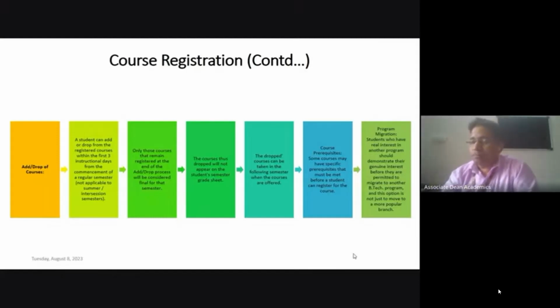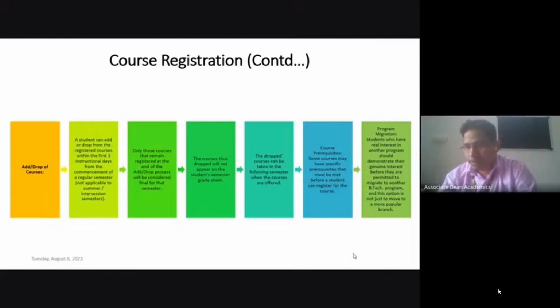Once your second semester result is declared, we will check your performance in those two additional courses which you studied along with your regular courses. 60% weightage will be given to those additional courses and 40% weightage to your CGPA value.